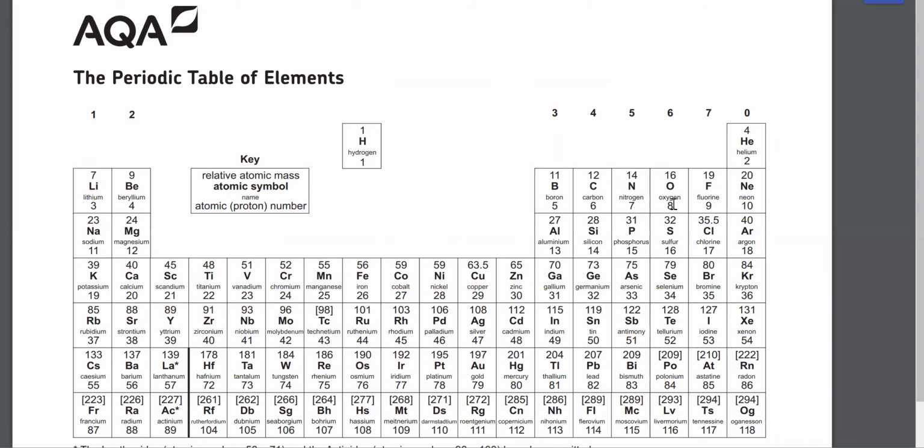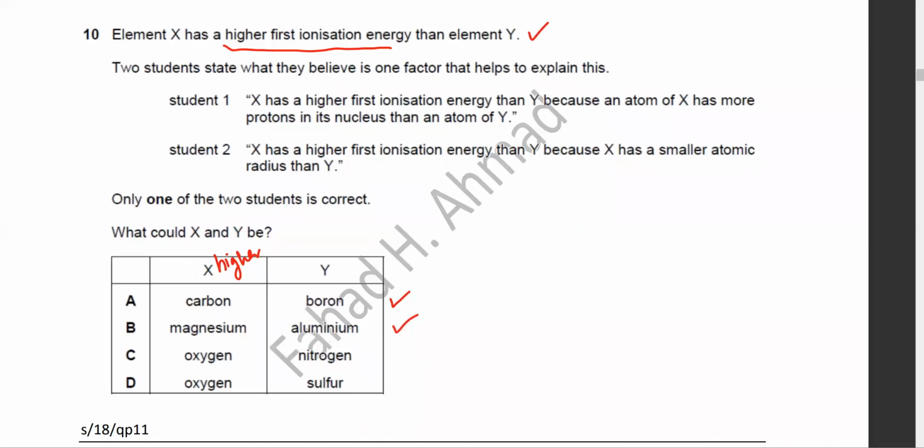No, sir, because there's a dip. There's going to be a dip. Nitrogen will have a higher ionization energy, and at oxygen, there's going to be a dip. At group 16, you're going to have a dip. So that means oxygen will not have a higher ionization energy compared to